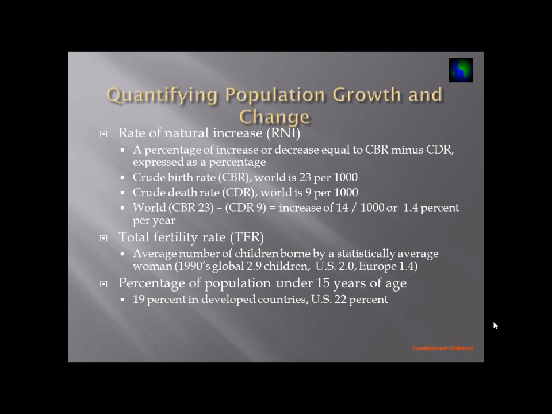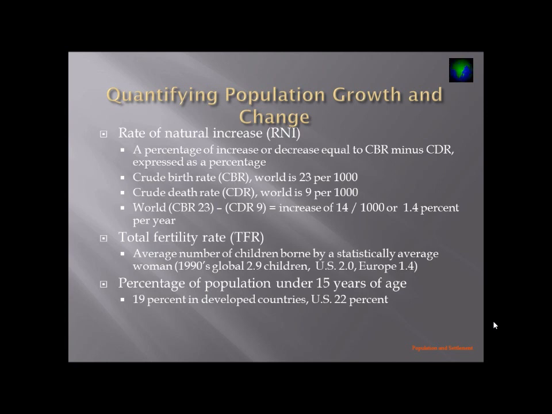Total fertility rate is the average number of children born by a statistically average woman during her reproductive years. In the 1990s, global was 2.9 children. In the US, it was 2.0, and Europe was 1.4. So as we can see, it's lower in what we would term as developed nations, nations that have gone through a demographic change. And then we look at percentage of the population under 15 years of age, 19% in developed